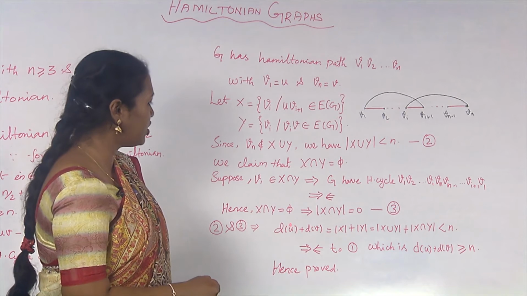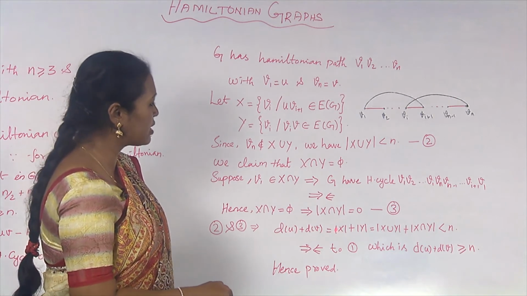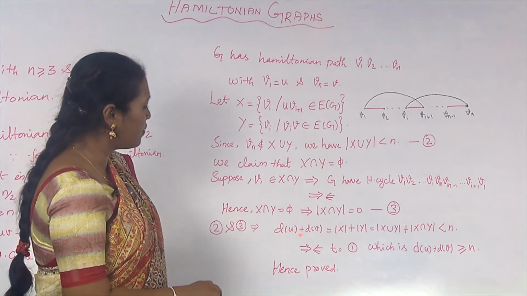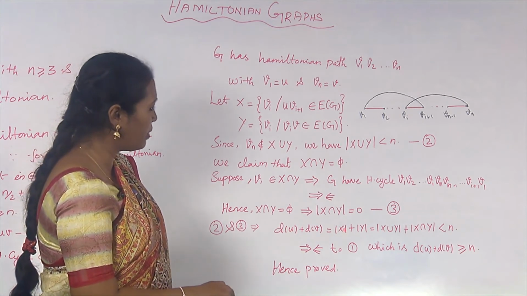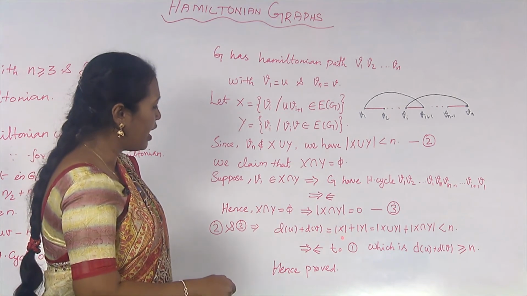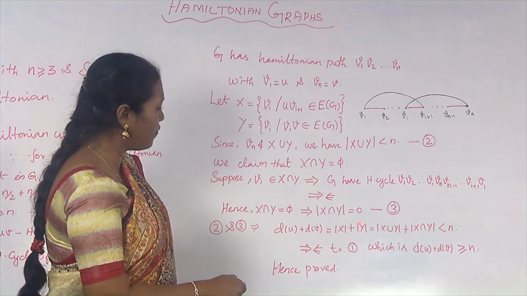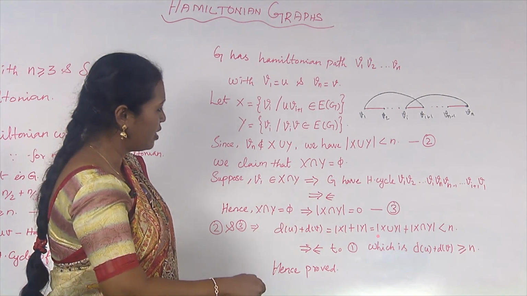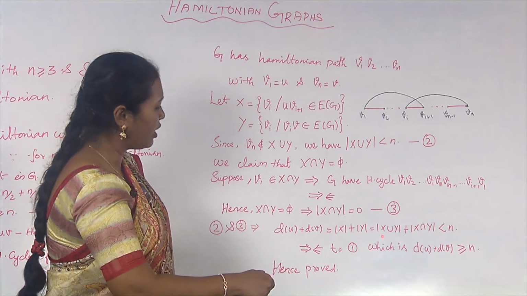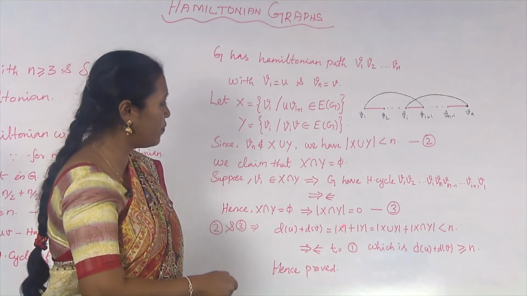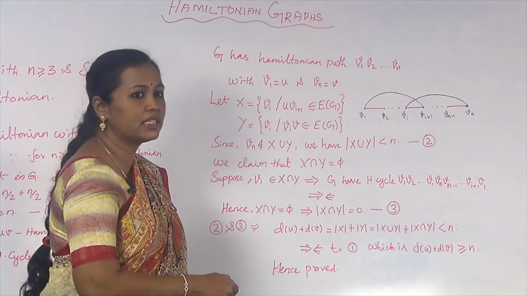From the earlier condition, d of u plus d of v is cardinality of X plus cardinality of Y. Why is that? Because all the vertices that are adjacent with u will come under X, and all the vertices that are adjacent with v will come under Y, and therefore cardinality of X and cardinality of Y will be the sum of the degrees of u and v, and this is equal to cardinality of X union Y, and we know the definition of X union Y is cardinality of X plus cardinality of Y minus cardinality